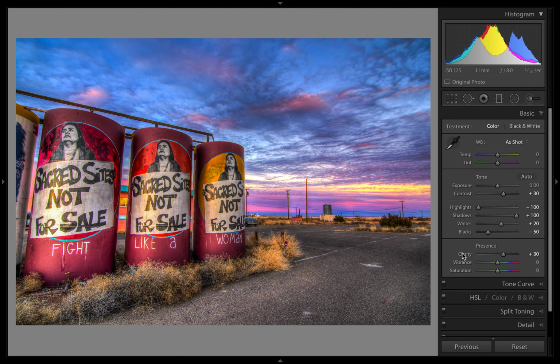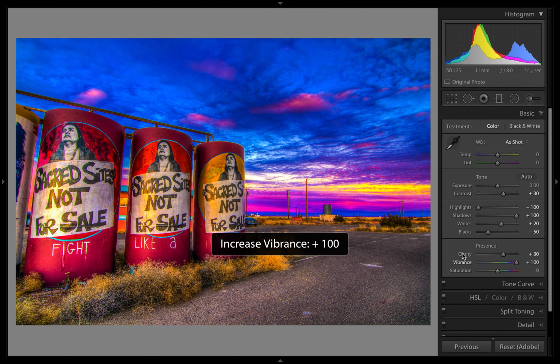Vibrance, what this does, as it was explained to me, is that it targets colors that aren't already well saturated in your image, especially blues. So if we add a lot of vibrance to our image, you can see it's really blowing out the blues and the magentas, but it's not really doing so much with the reds down here and these yellows. Okay,